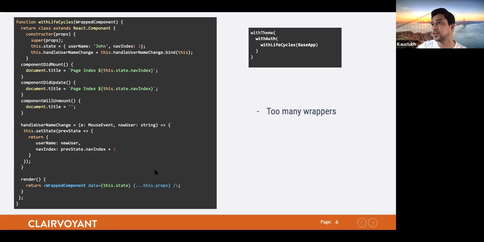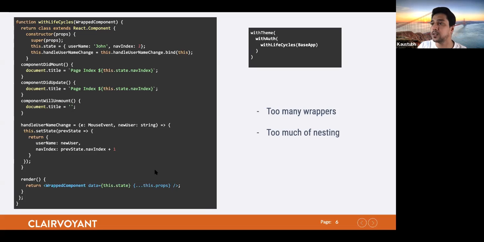And the React community also says that when we inspect this in React, with the browser extension that we have, we would see a kind of wrapper hell, with a great deal of nesting over here. So this is kind of clumsy, and I can't even talk about the use case where we need to find a way to write test cases for this component. Frankly speaking, I don't even know how to write test cases for such HOC patterns or render props. And render props, I would say, are the ugliest way because they create a lot of rendering logic inside your render functions and create a lot of messy code.